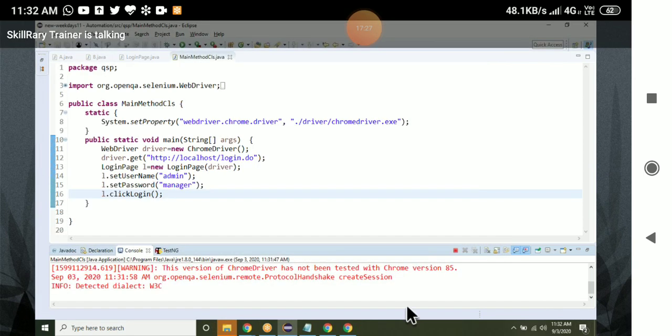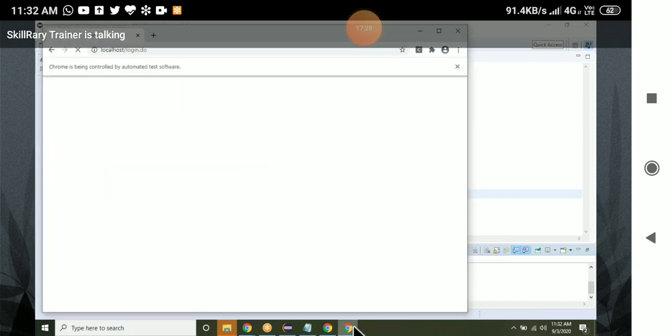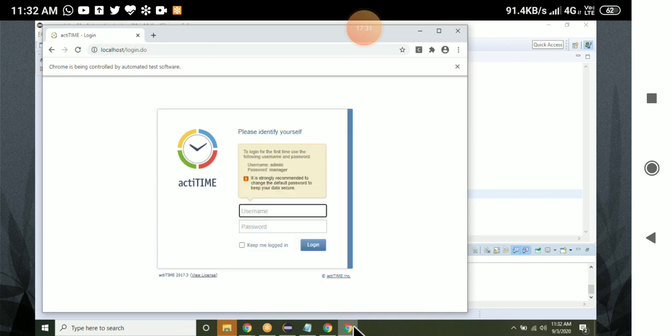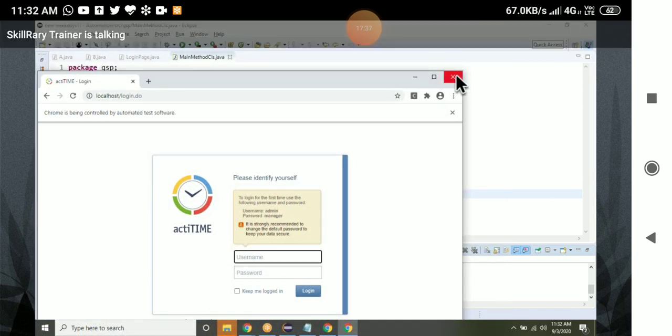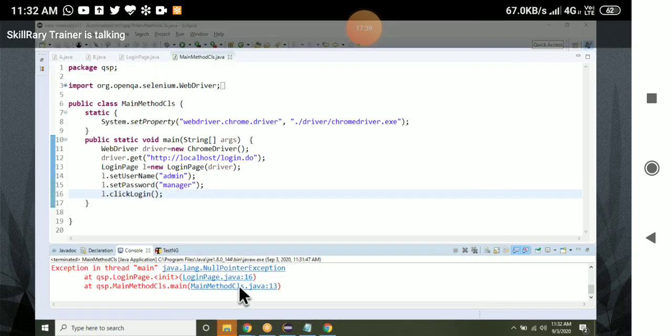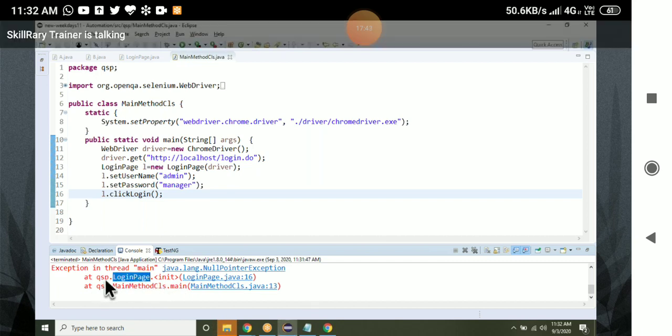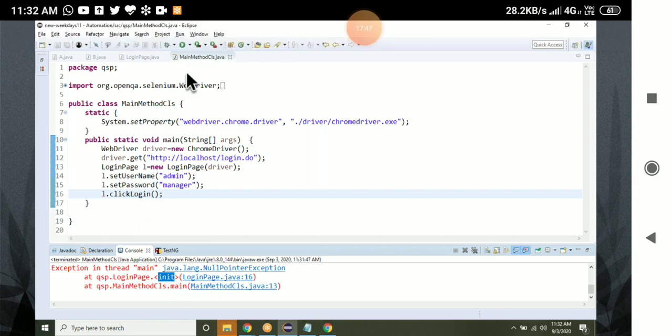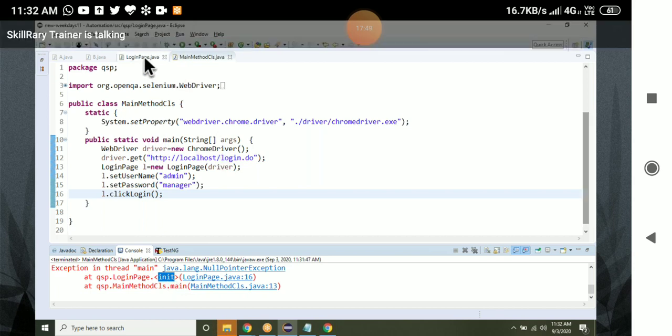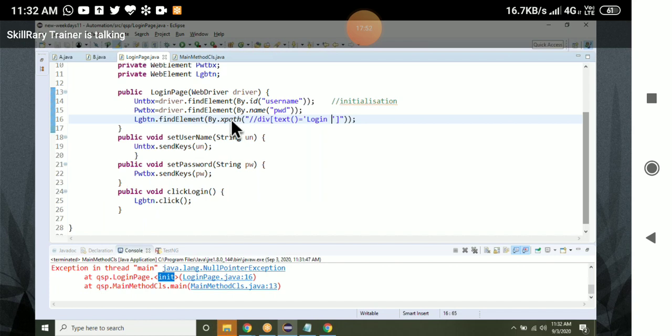It's already throwing null pointer. Yes, there is something wrong with the